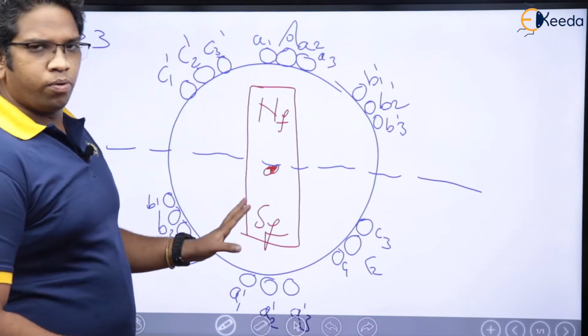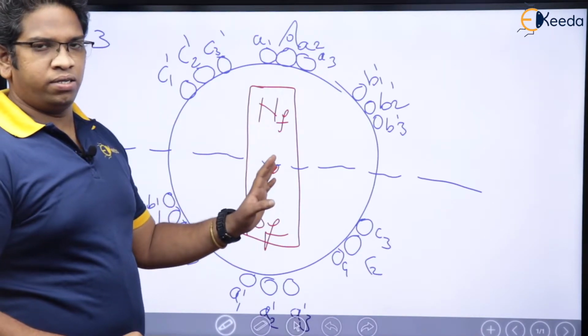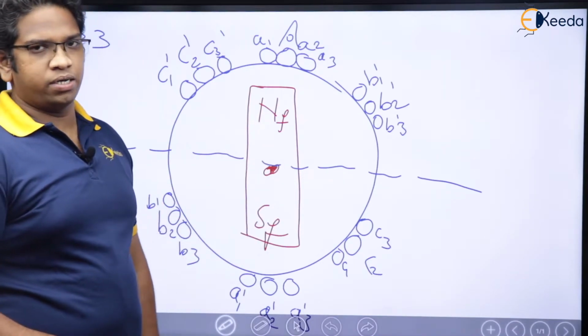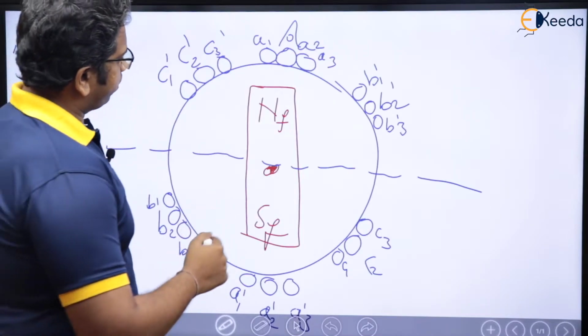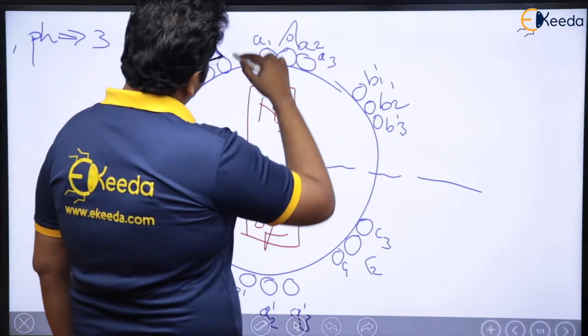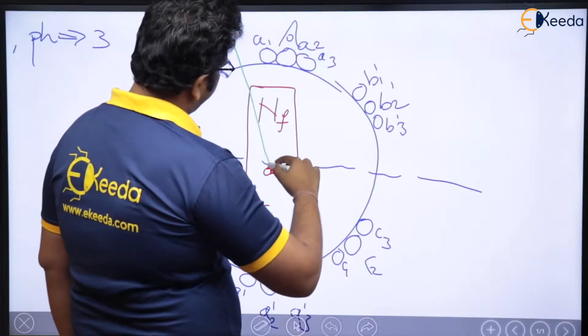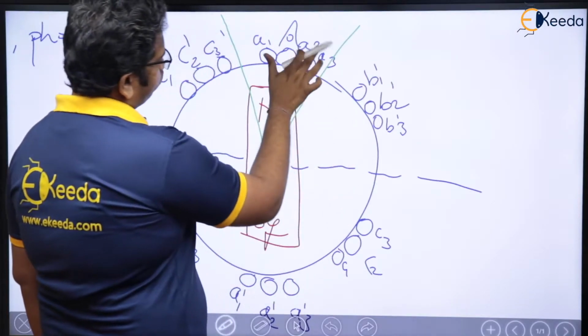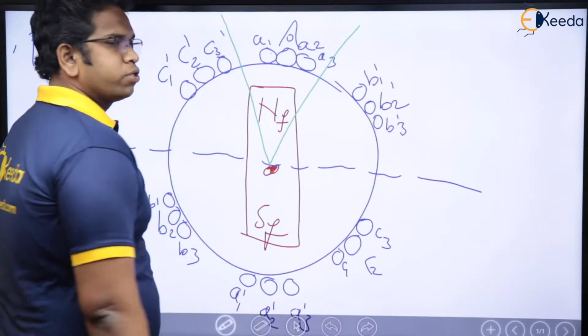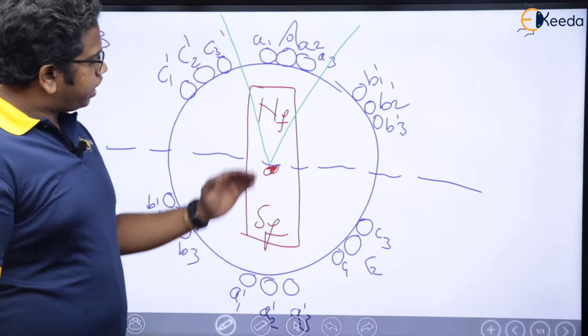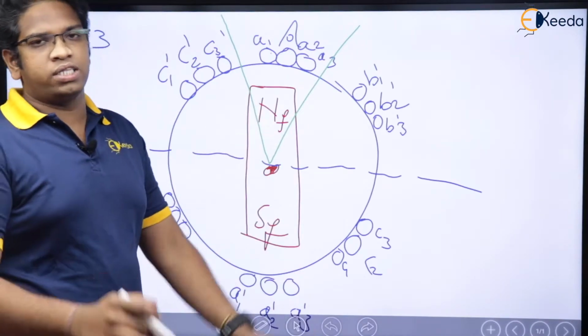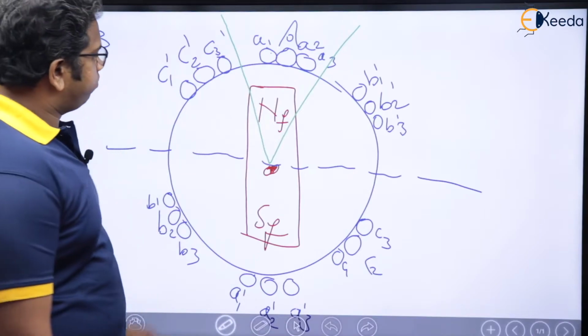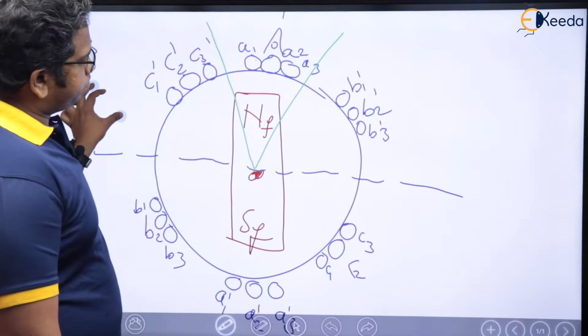Now, since it is 2 pole, the electrical degree is the same as the mechanical degree. Forget about it. See here, this one belongs to one phase, this belongs to another phase, and this belongs to another phase. We have seen that under each pole there have to be all 3 phases, right? Anyways, forget about it.